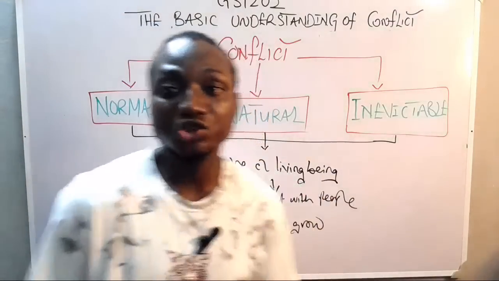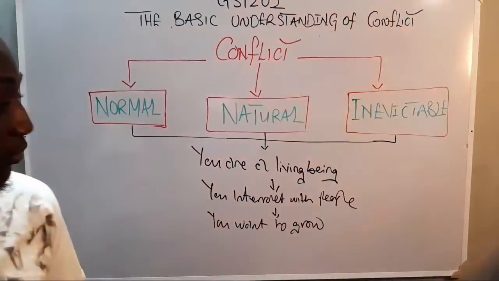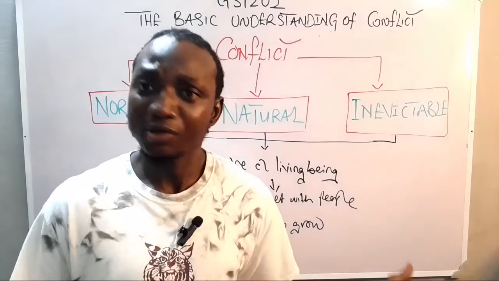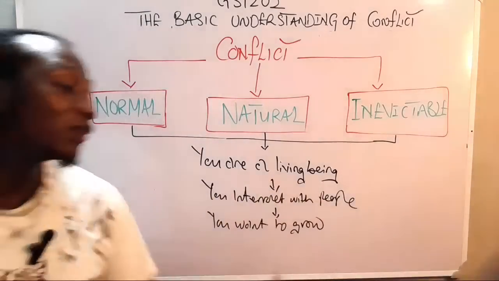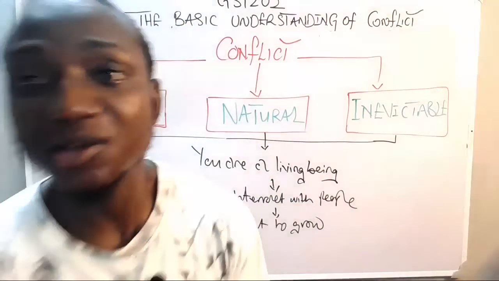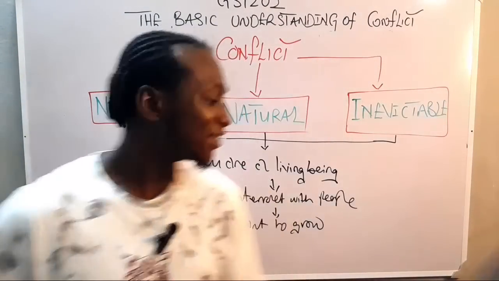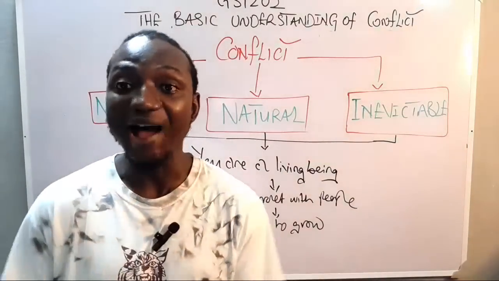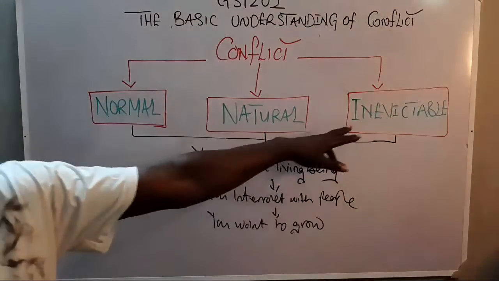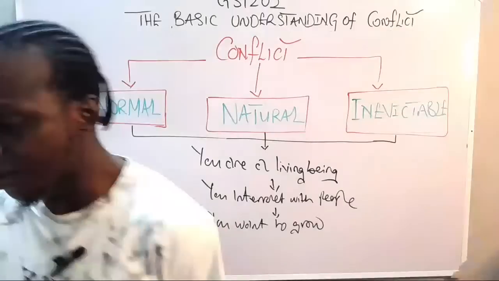We've seen cases whereby a parent loses their child due to this process. Now let's even talk about childbirth. Childbirth is a very good thing, but can you imagine the pain a woman goes through just to give birth to a child? If a woman keeps such pain in mind, you see that people only have one child and they will no longer want to have another child again. You've seen cases whereby people die during this process. So what are we talking about? So conflict is not always destructive and it is inevitable, it is natural, and it is normal. All right, so we have that as that.